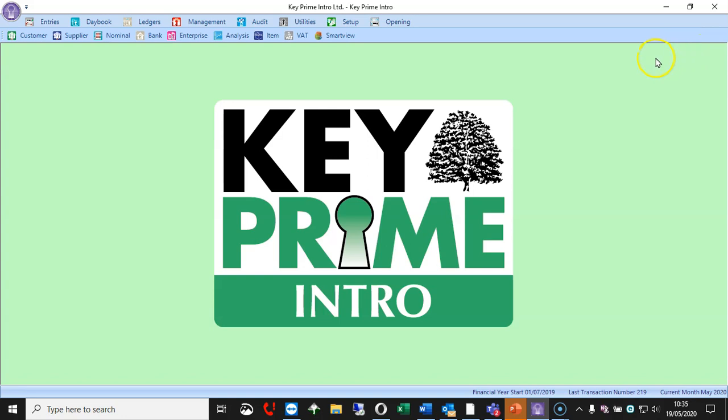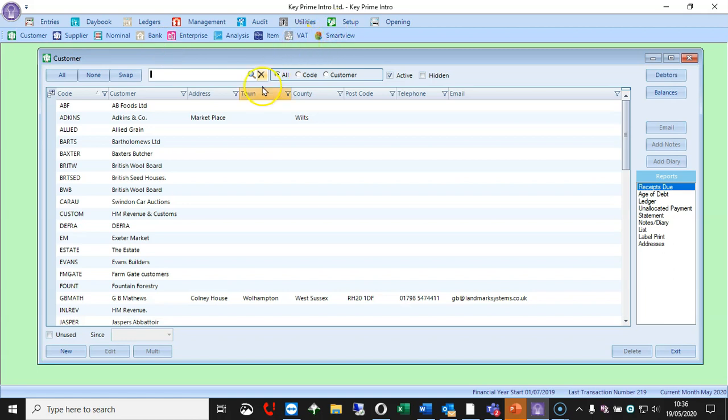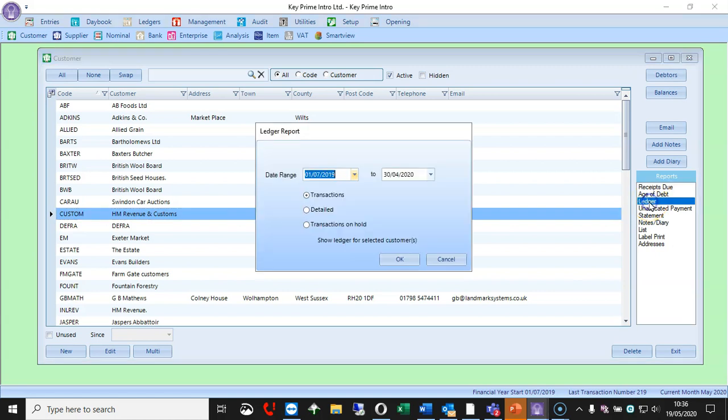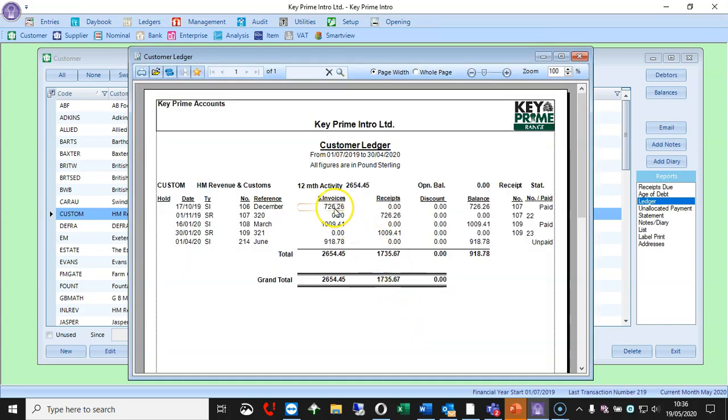Okay. We also just need to go off to our customer ledger again, thinking of VAT, and we have our trader, as we call them, because they're a customer or a supplier, depending on whether you pay VAT or whether you receive it. And we do just need to run a ledger report for our year. And if we click OK, here we've got the VAT. We sent the sales invoice, it's come in, the balance went to 0. We had our next VAT return, the money came in, the balance goes to 0, and so on.